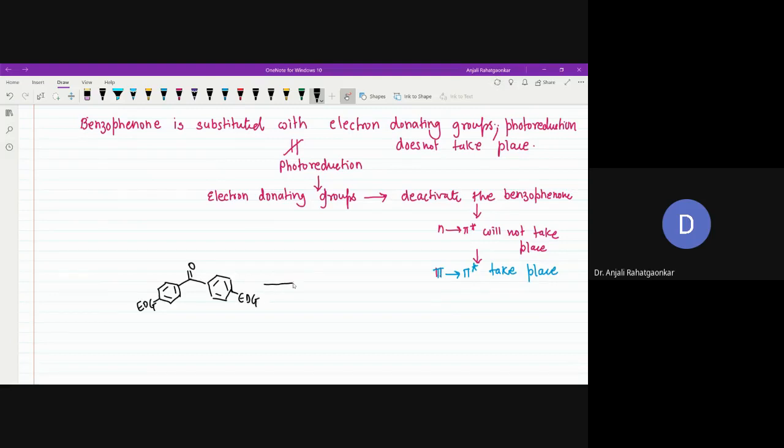Right. So because of this, n-pi transition is not possible in this type of moiety. So pi-pi transition is possible, right? So pi-pi transition of the triplet state,